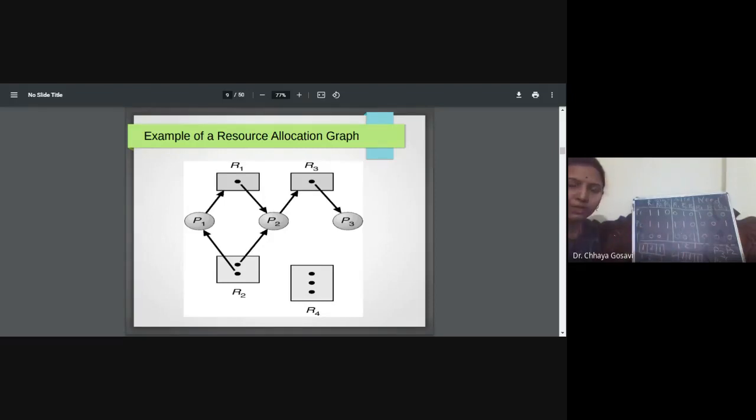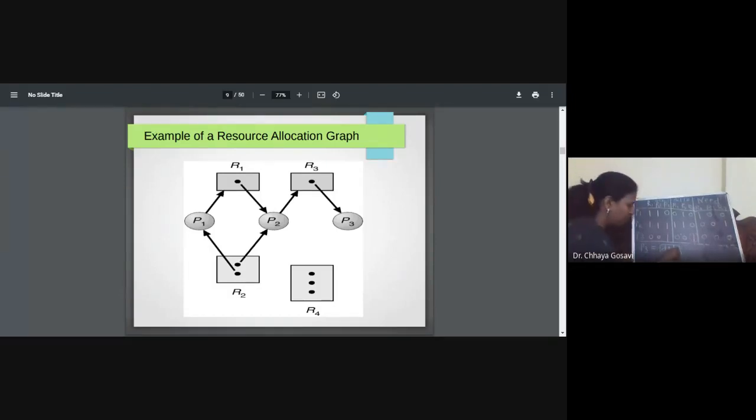But now, in this current scenario we didn't have any resource available, and now P3 requests one more instance of R2.